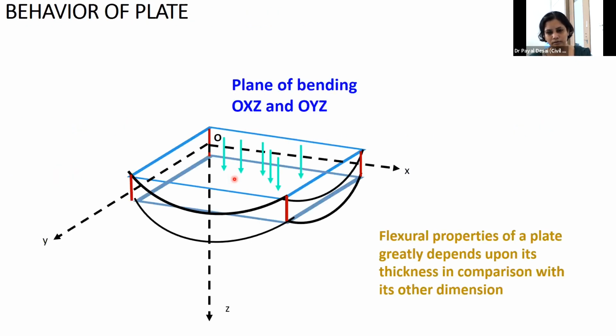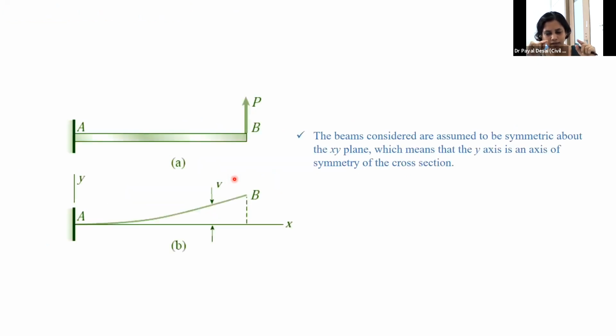Okay, now the purpose of this slide is to show you that it has two-way bending. Just like a beam has one-way bending, I have the slide, like a beam bends. This is the x-axis of the beam, you can see here, and when it bends, you can see it in the symmetry line of the beam.